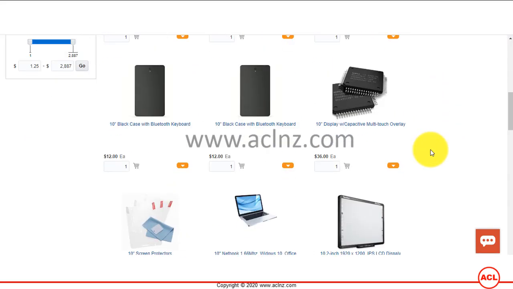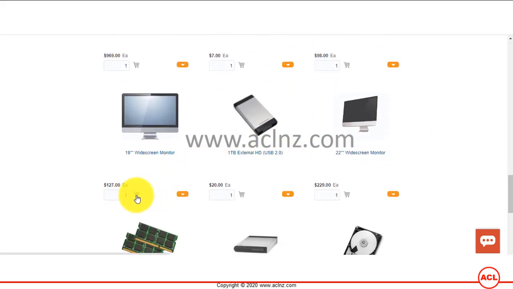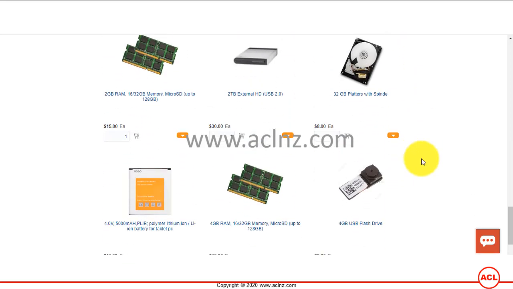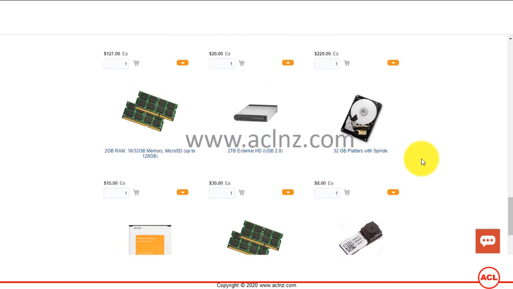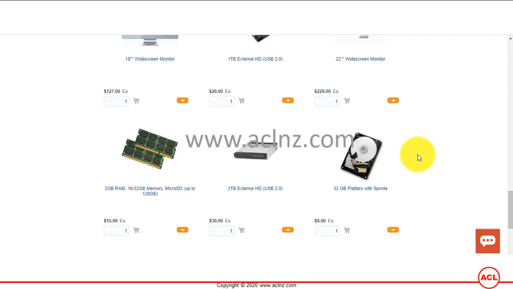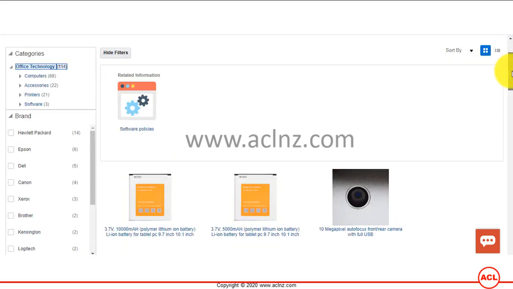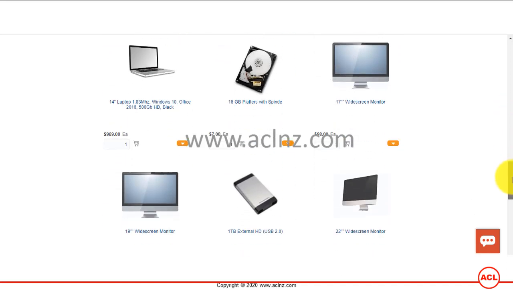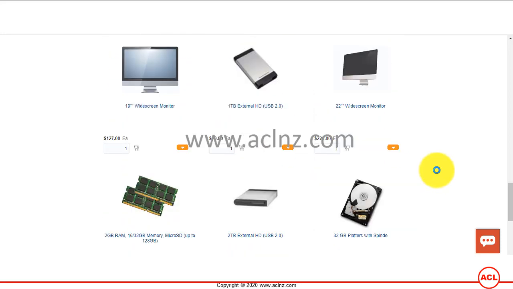Okay, now I'm gonna add a couple of more items over here. You see the 19 inches monitor, I'm gonna add this, and then I'm gonna look for something else, say a 2 TB external hard drive. Yeah, you can add that one as well. So before that, let's go up and see. There should be two items, you see. So I'm gonna go and add this one. Okay, so let's say 3 items in total.